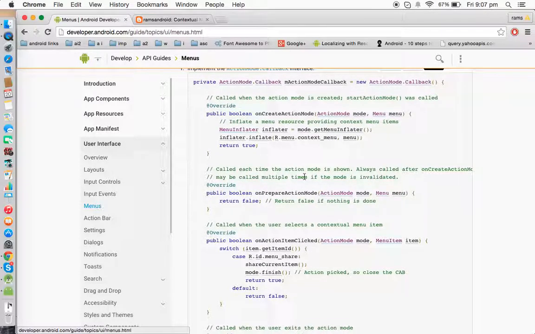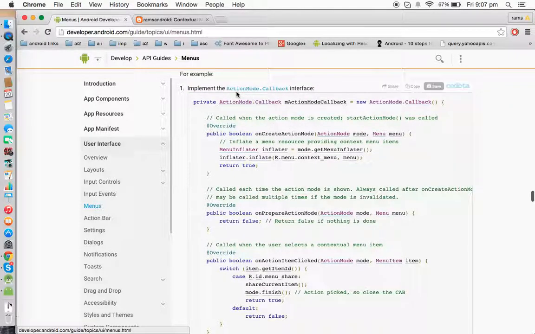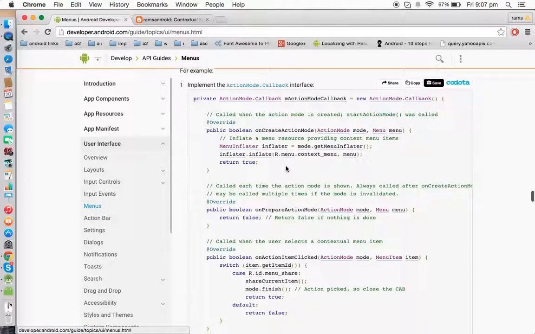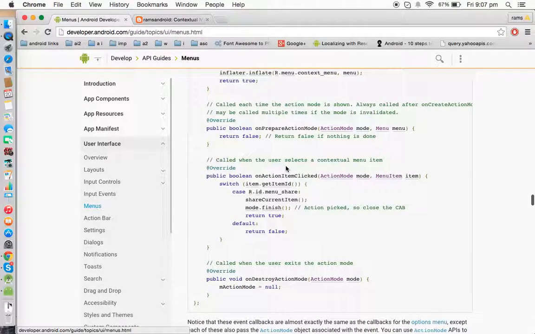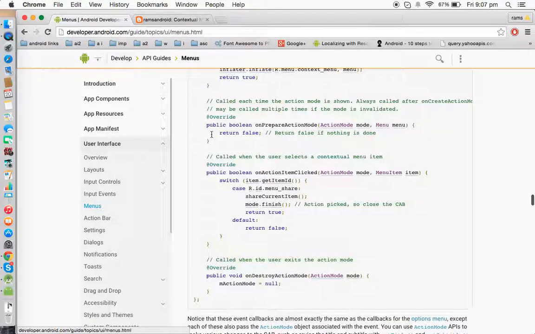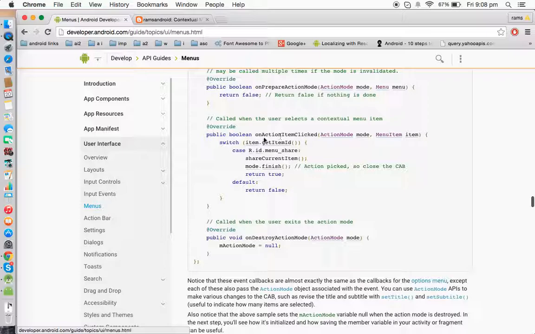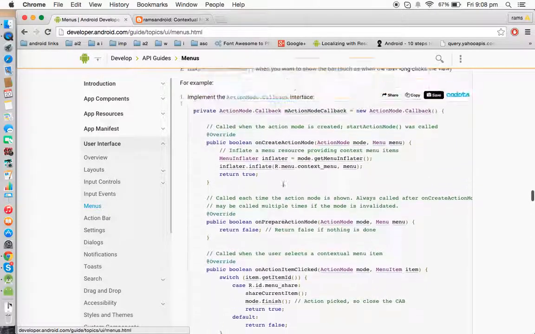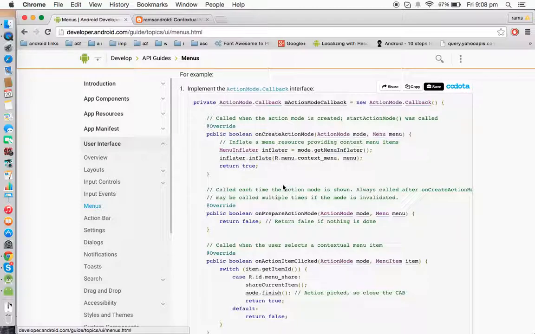After that we need to implement one interface that is called the ActionMode.Callback interface. In that we are going to have four methods. The onCreateActionMode method is going to create the contextual menu, so in that we need to call the XML file that we created for the menus, using the MenuInflater class. After that we leave the next method as it is, and in onActionItemClicked we are going to write an action: if you click that item, what should happen? Now let us see this program with the example application.